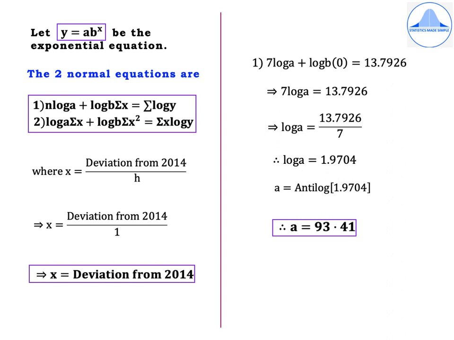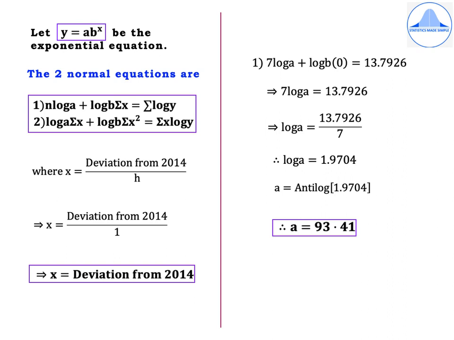So log y values are found, which are 1.5051, 1.6721, 1.8129, 1.9638, 2.1206, 2.2788, and 2.4393. Keep in mind to take four places after the decimal after rounding off, and summation log y is equal to 13.7926. Now, to find out the x values, we use the formula x equal to deviation from the middle year